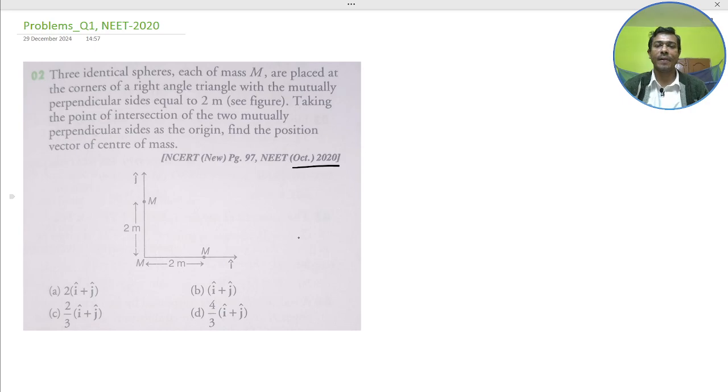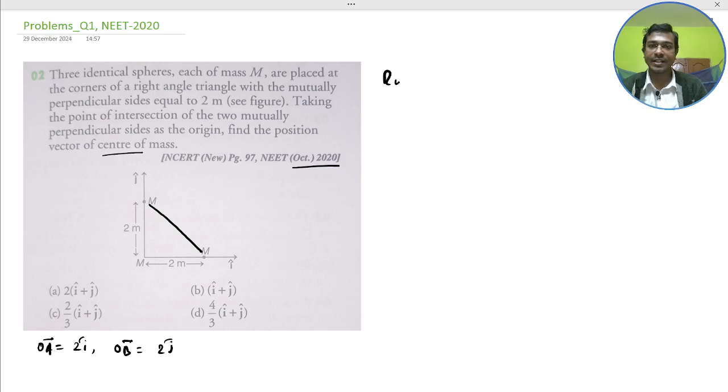The first problem is from NEET 2020. It says that three identical spheres, each of mass m, are placed at the corners of a right angle along two mutually perpendicular sides. You have to find the center of mass vector. So just join these points. Here OA is given as 2i and the OB direction is 2j. So the RCM would become